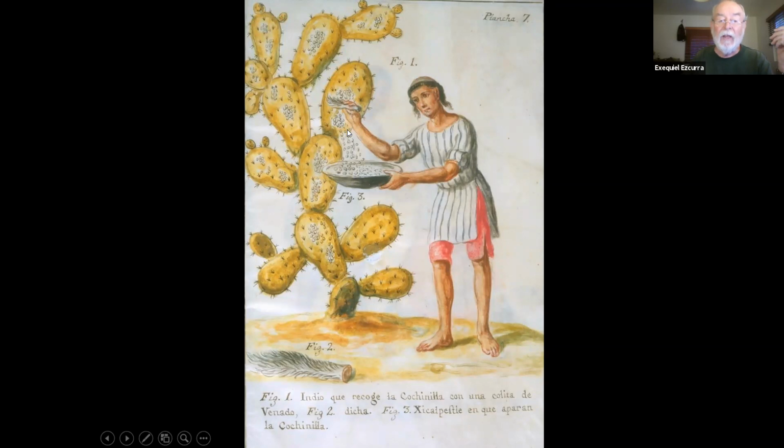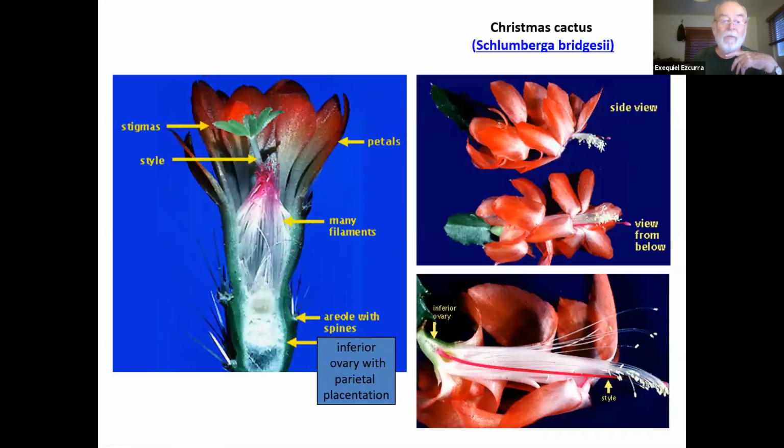Red dye, for four centuries, was obtained from cochineal dye in Mexico, particularly in Oaxaca, which made a lot of its income and money by selling cochineal dye to Europe. You will see here some other flowers. The Christmas cactus, that you see a lot being sold